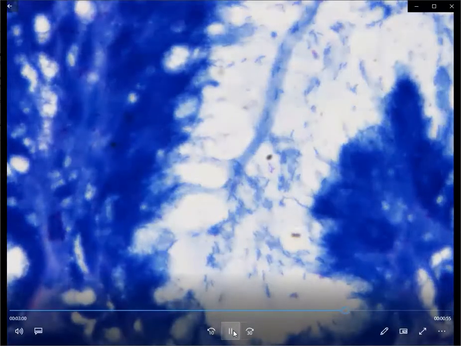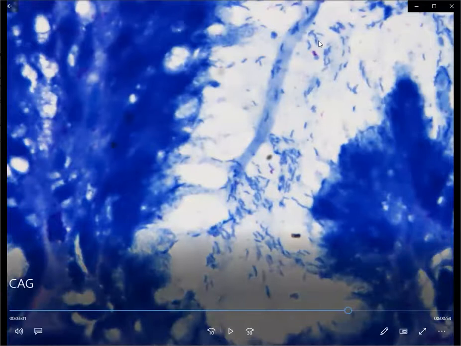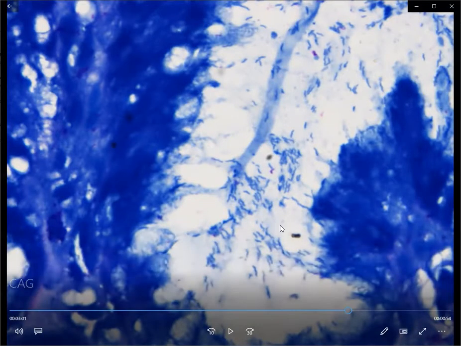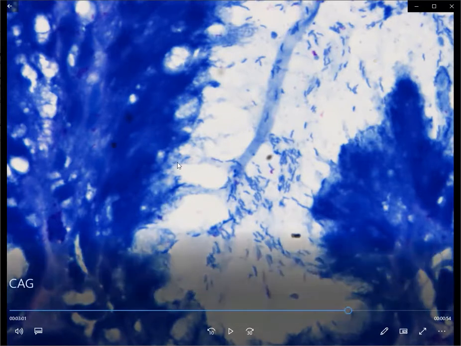There are two important differentials that will help you decide whether these are H. pylori or contaminants. The first is that with a Giemsa stain they will be bluish-stained. These are all bluish-stained bacilli, seen filling the crypt. Sometimes they can be fewer, and many of them will be seen entrapped within the mucous epithelium, attached to the apical mucin on the foveolae.